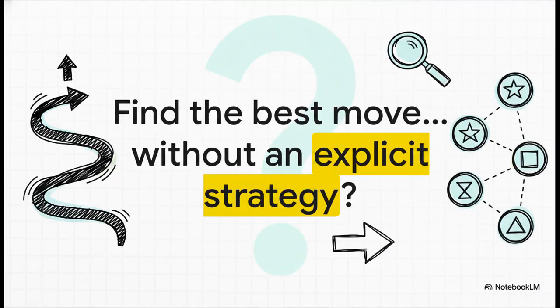So a lot of the time, we think about teaching an AI a policy, a direct strategy. But Q learning flips that on its head. It asks this really radical question. What if we didn't try to learn a strategy at all? What if we just figured out the value of every single move from every single position? Because if you knew that, the best strategy wouldn't be something you learn. It would just be obvious.